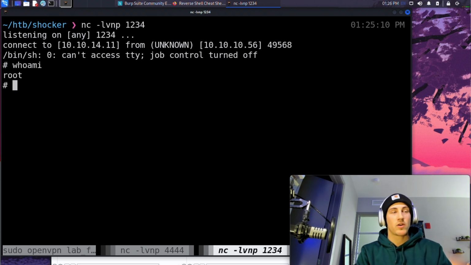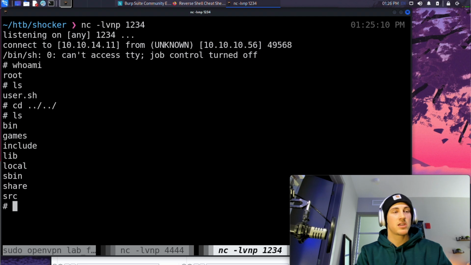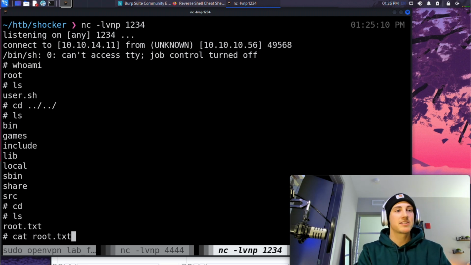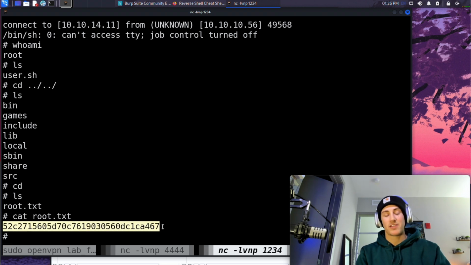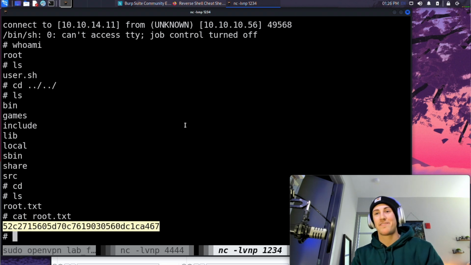Now if we do a little bit of directory traversal, let's go back one more, and there we are. Okay, so now we can cat out root.txt, and we should have the root flag,